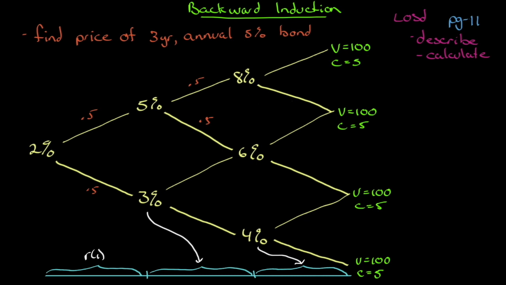It's actually quite straightforward. Let's go ahead and do one right now. For this one right here, our value is going to be 0.5 times 105 coming in, discounted back at 1.08, plus 0.5 times 105 coming back at 1.08, from the 2 branches coming out. You can think of this as an average. Because they're equally likely, you could put the 0.5 on the outside and just add the 2 together. We will get